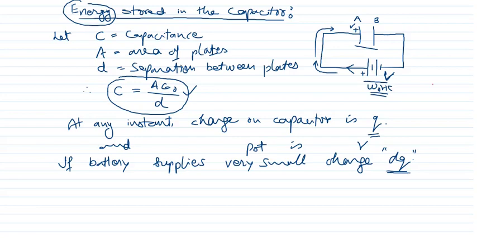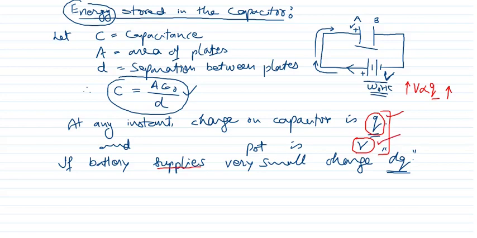I will write it down here in red. What is the concept? The potential of the capacitor is directly proportional to the charge. Now in this case, when Q increases, V will also increase. Here we have considered that when the charge is Q, the potential is V. So when the battery supplies charge, the charge will increase and hence V will also increase.